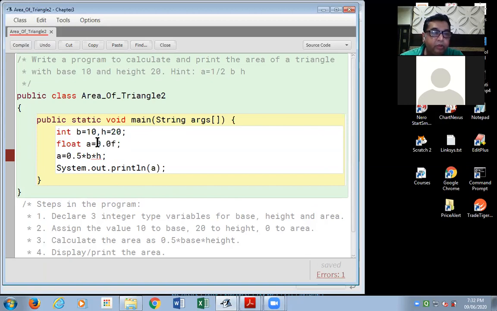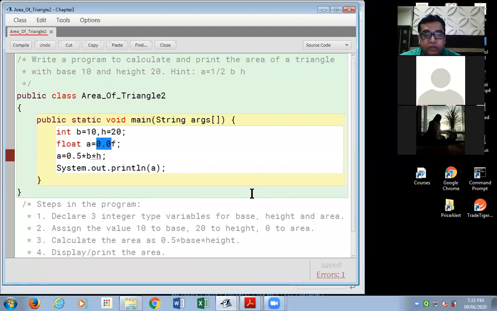Anika, you are asking me the question, why have I initialized the variable a as 0.0f? But a is 0.5, no? We need to assign float a as 0.05. Let me tell you, we have initialized variable a with 0. So it's working with double.